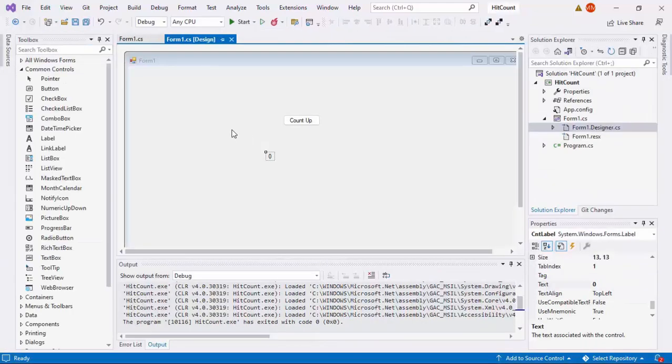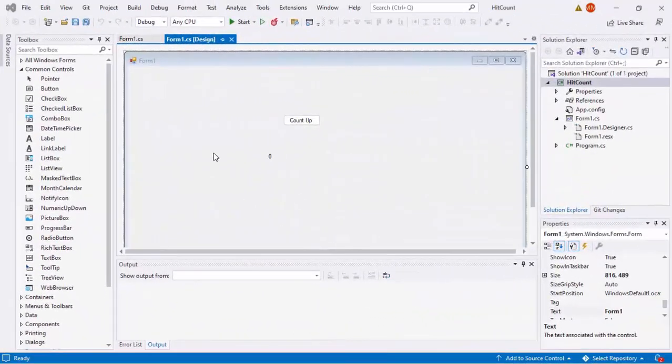Next, we want to add another button for counting down. So to do counting down, it is almost the same. You should expect that you need a button, of course, and then what is different is now that the event handler, instead of counting up or using the plus plus operator, is going to use the minus minus operator.